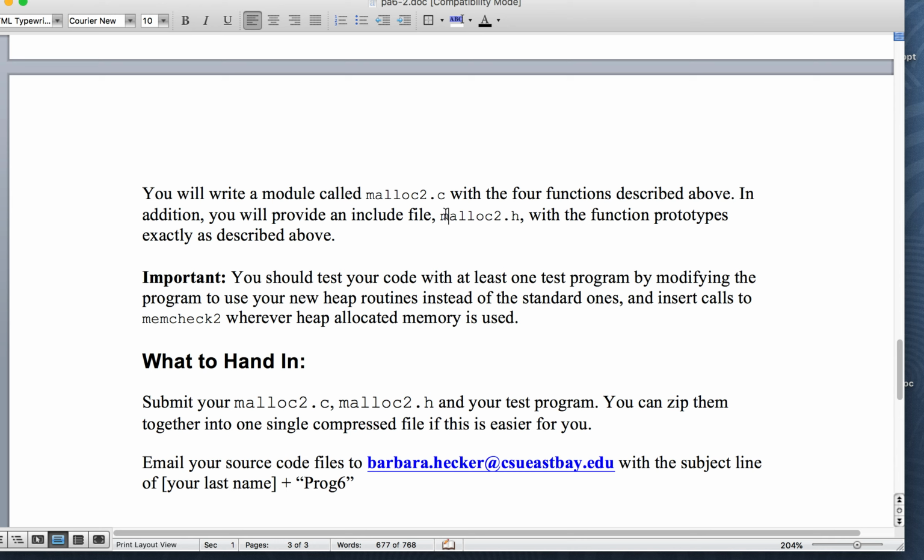So this is going to have your function. The .h file is the precompiled header that has your function prototypes in there. It's just like iostream.h or stdio.h, or better yet, malloc.h. But you're going to include malloc2.h, that's going to call malloc.h